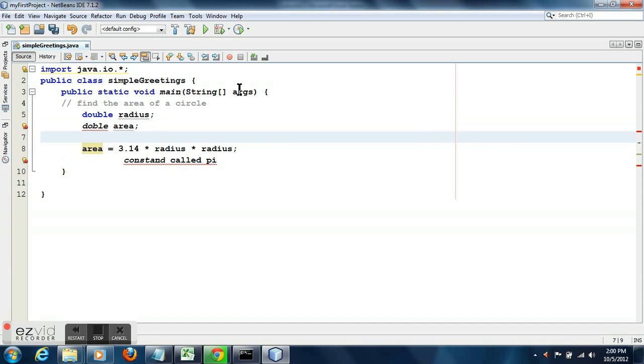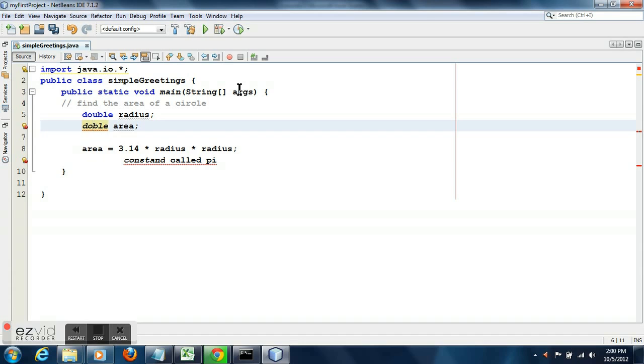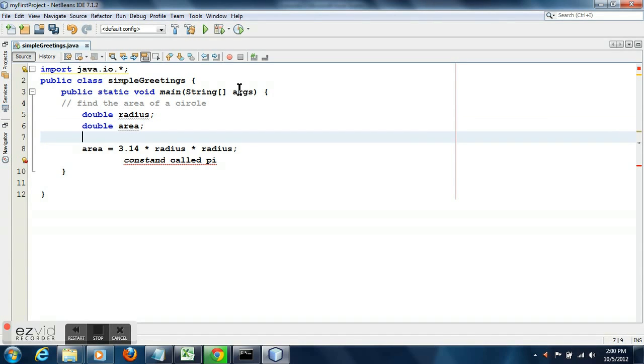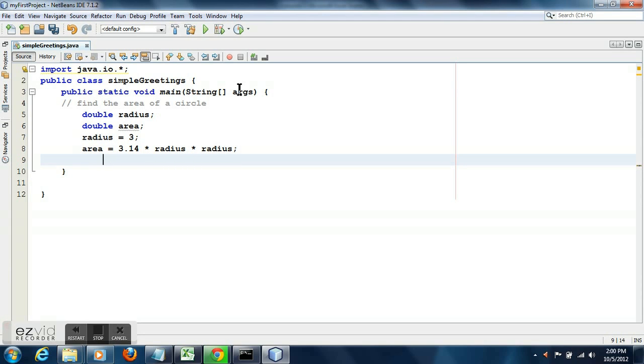Therefore the area will be calculated as 3.14 into radius into radius. So let us put a value of 3 for radius, say radius equal to 3. In that case the area will be 3.14 into 3 into 3, that means 9 into 3.14.